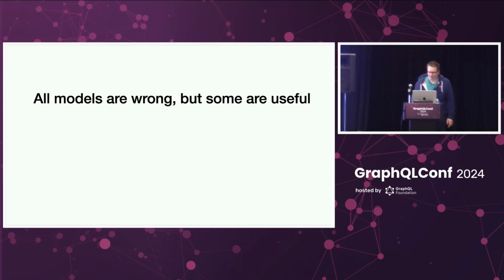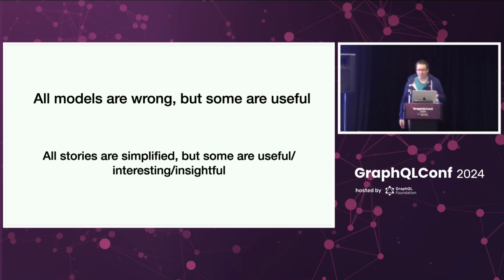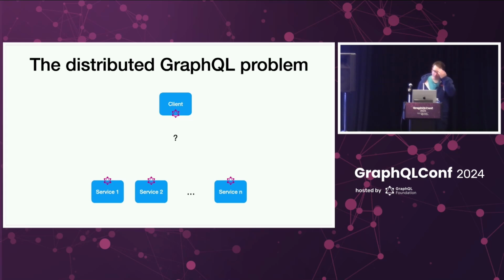But quick disclaimer, all models are wrong, but some are useful. But also, all stories are simplified, but some are useful, interesting, insightful. For everybody who worked on even remotely similar complex things over years, there's a lot of stuff you need to cut, simplify, make it presentable. Just as a word of warning, nothing is untrue here, but it's a simplified version of 6 years where dozens of people were directly involved and hundreds of people indirectly. So we only have 30 minutes. Okay, let's start at the beginning.